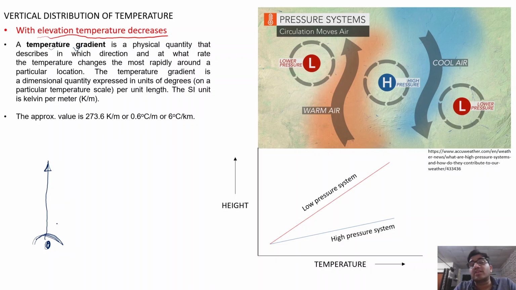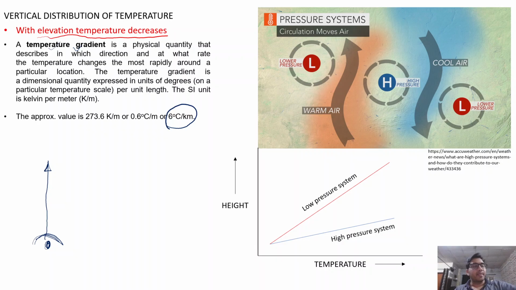What will be the change in temperature? That is called the temperature gradient. It is a dimensional quantity expressed in Kelvin per meter, that is the SI unit, but for common use it is measured in degrees Celsius per kilometer. The average value is approximately 6 degrees Celsius per kilometer. That is the vertical